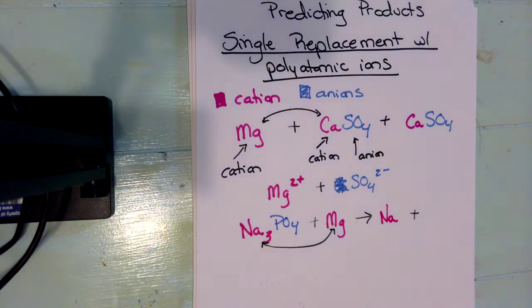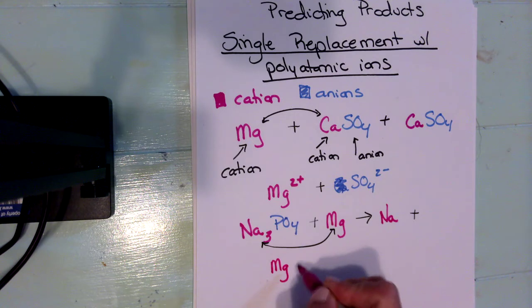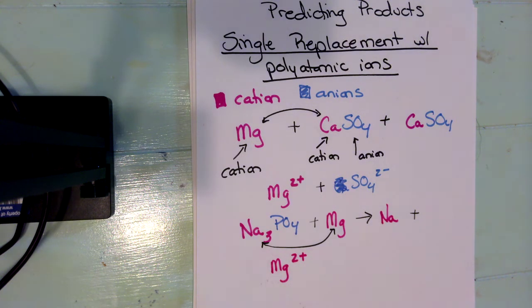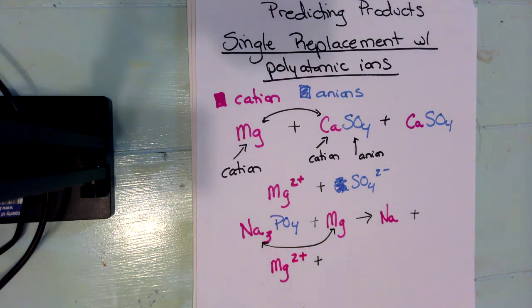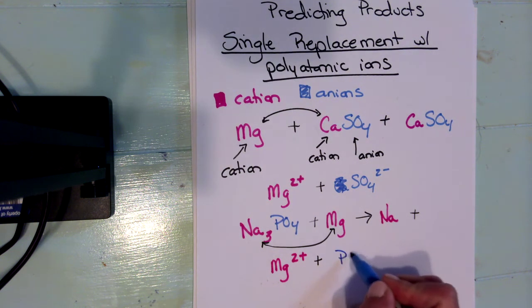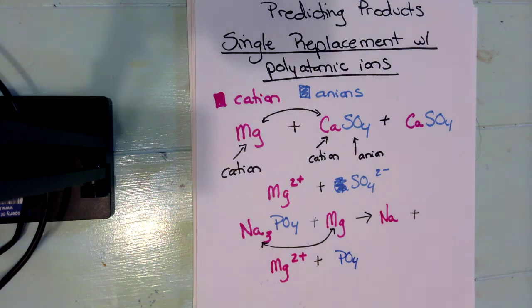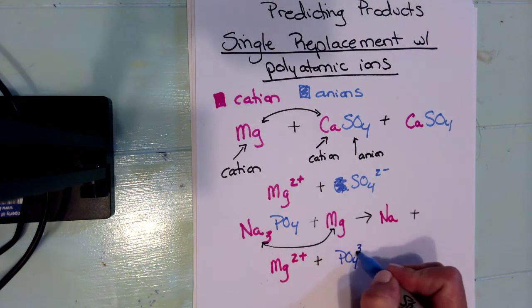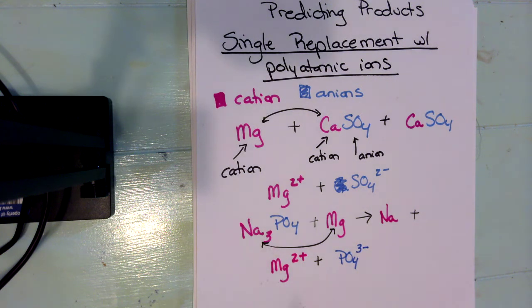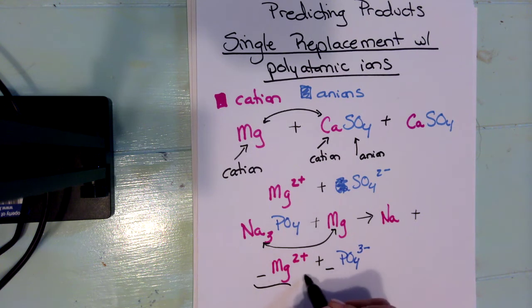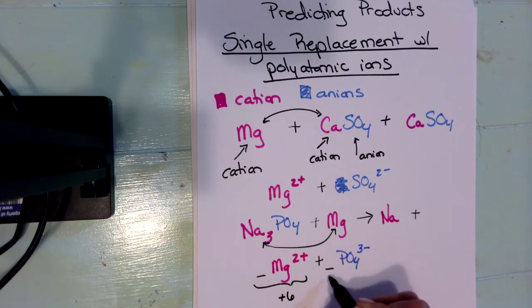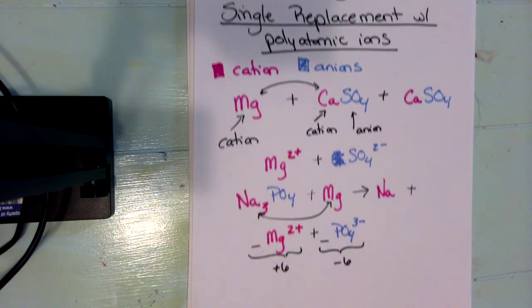come together. So the charge on magnesium is plus 2. Again, we find that from the periodic table by looking at it's in group 2, so it will lose 2 electrons. And then PO4, we're going to look at the ion chart to figure out what its charge will be. For PO4, its charge is minus 3. So when we figure out how many we need of each, we need this here to balance to equal plus 6, and we need this one to become a minus 6